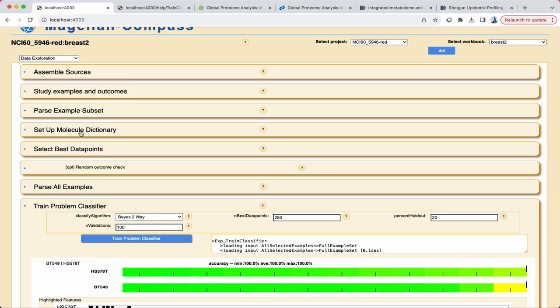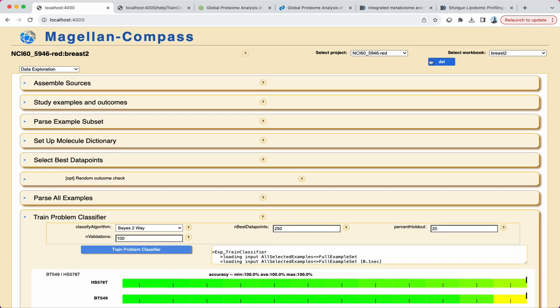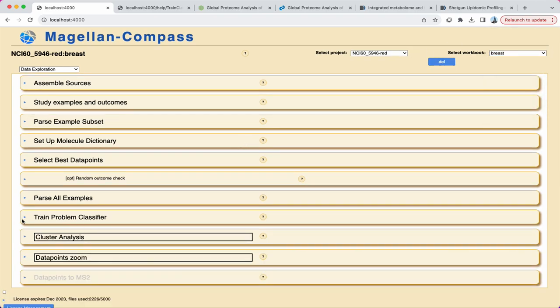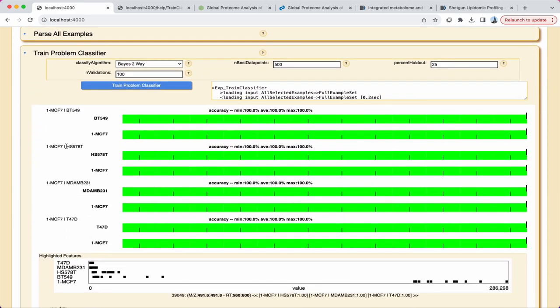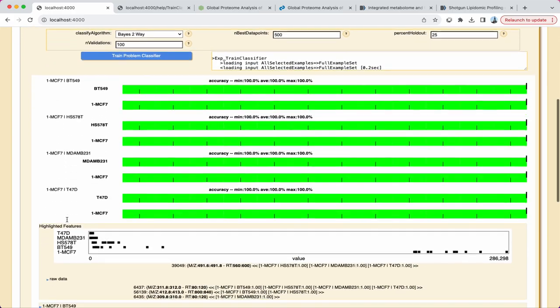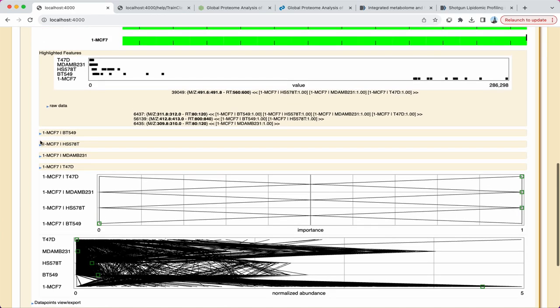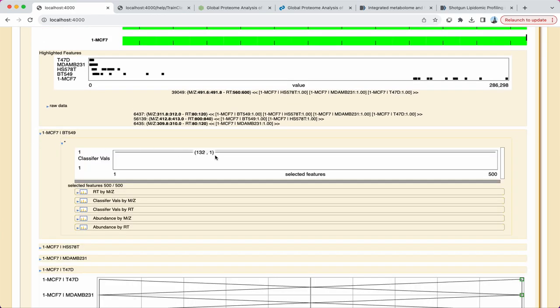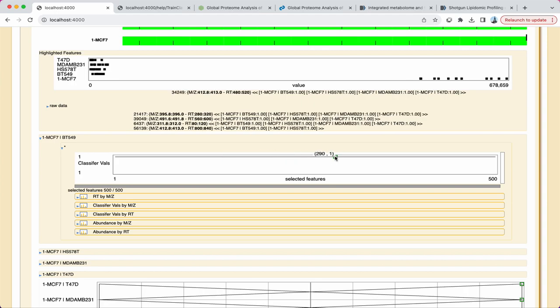Additional tools appear when dealing with larger data sets and multiple comparisons. Here is a workbook comparing multiple different breast cancer cell lines. Pairings were chosen in an earlier module, and different selections might yield different insights. For each pairing, visualization of the decision value ranking, retention time, M over Z, and abundance information can be presented as before.